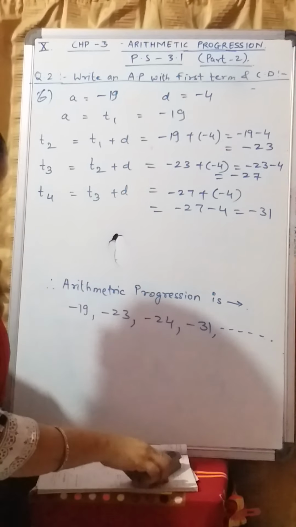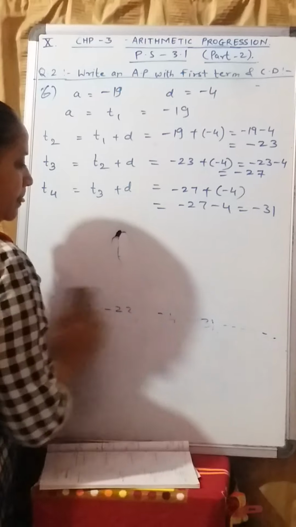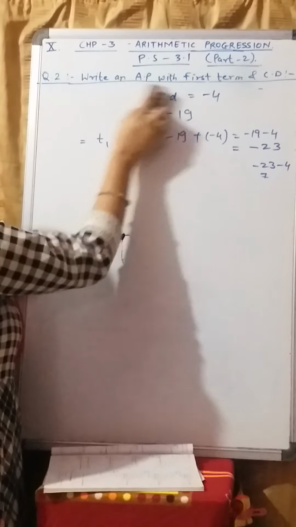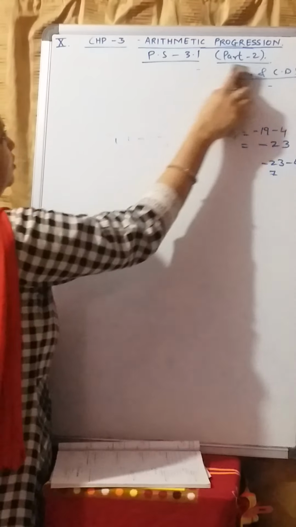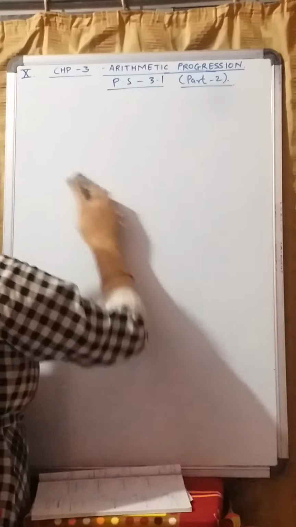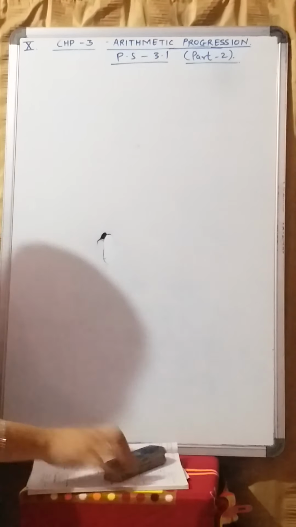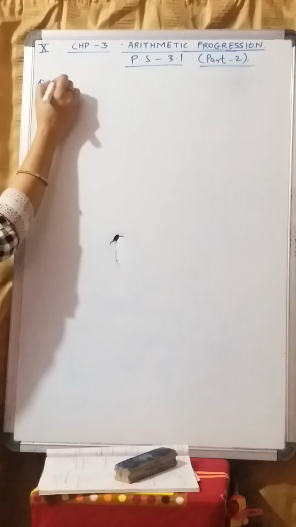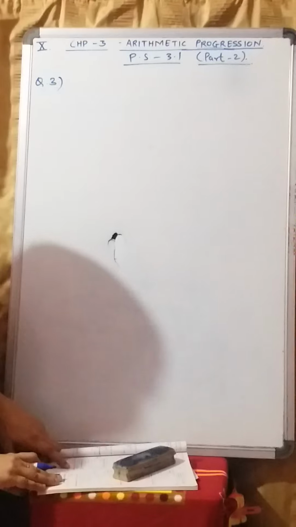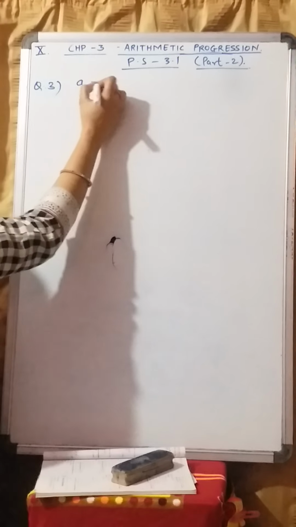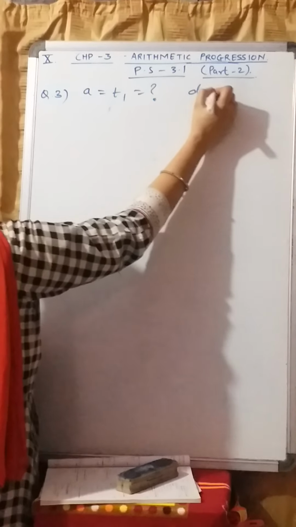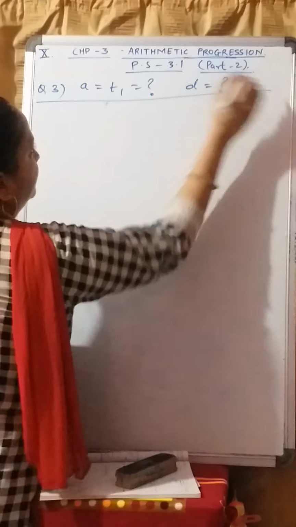Now moving towards question number 3. Question number 3 has 4 sums. The pattern is the same; all the sums of one question follow the same pattern. So it is helpful for you, but pay a little attention, because in the exam you will not be given the pattern; you will have to understand yourself which question has to be done by which pattern. So for question number 3, find the first term and the common difference, which means we have to find A, also known as T1, and also the common difference. This is your question, you have to find this.